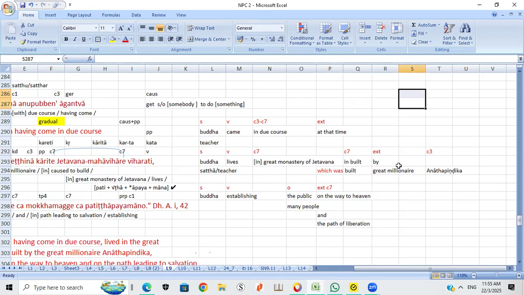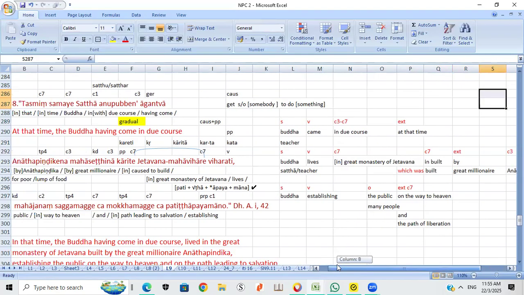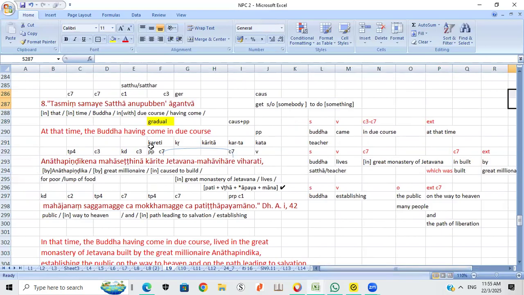You follow this format. Most of the time, you can get your translation up to 70-80% correct. Only the 10% is how you word it correctly. Other than that, you have no problem. Because you may run into problems like this word karite, what case, these are the things. So the next line you see